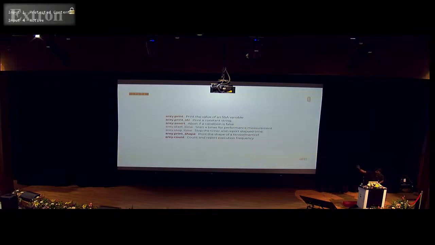So these were the things I could come up with, and the start time and stop time, that will basically calculate the amount of time the operation has taken to execute. And we are still working on that.